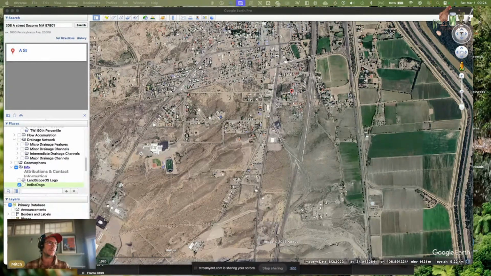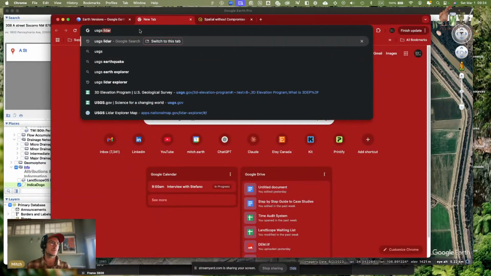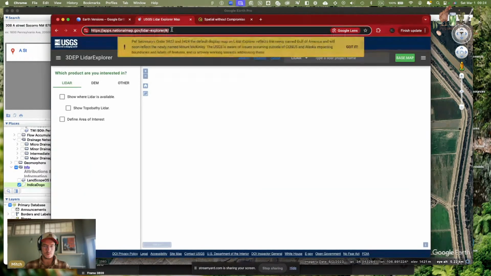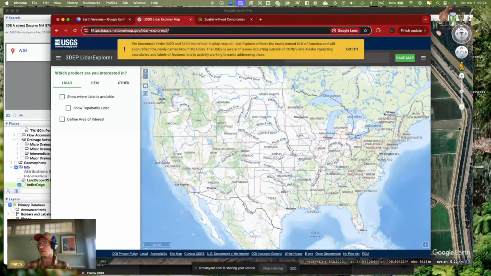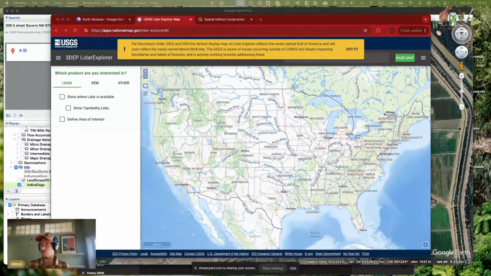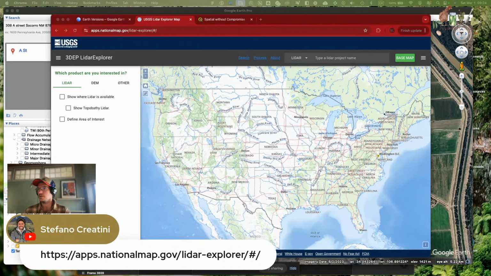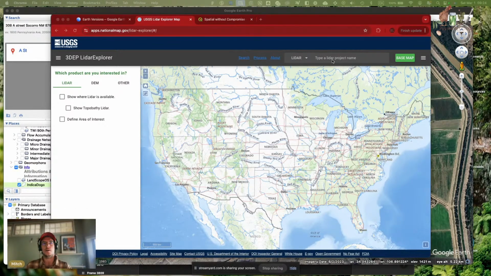And what we're going to do now is go to the USGS website for Lidar. I will plug that into the private chat so that Stefano or Mariana can share that in there. Yeah, got it. And then I'm going to go get that address again. 308. Perfect. Okay, so up top here, you can search by type of Lidar project name, or if you click on this arrow,